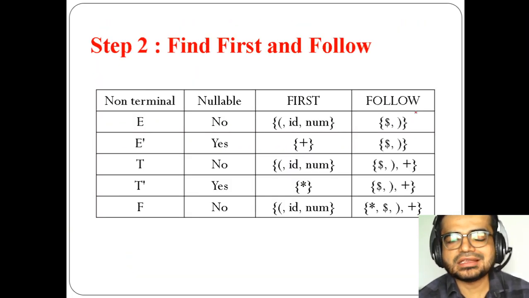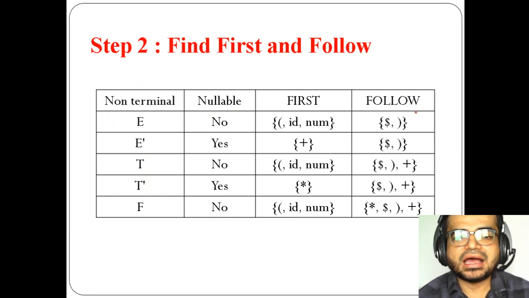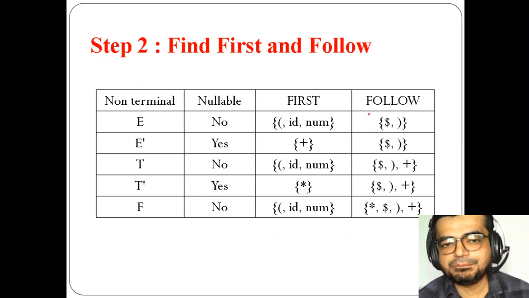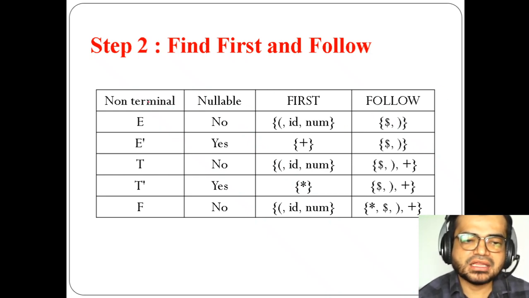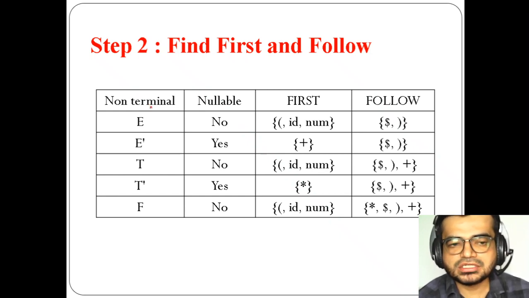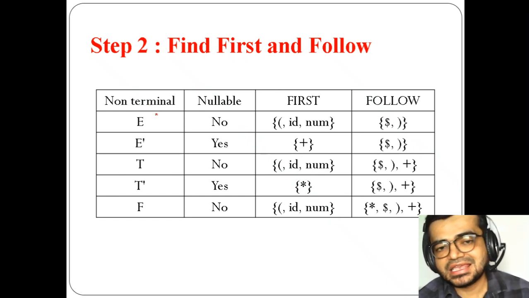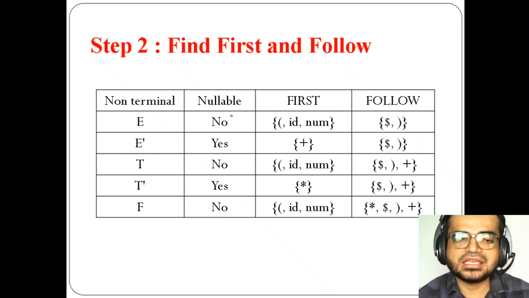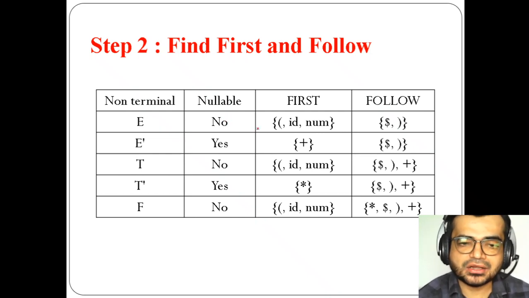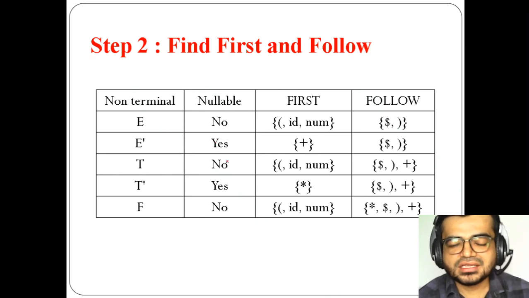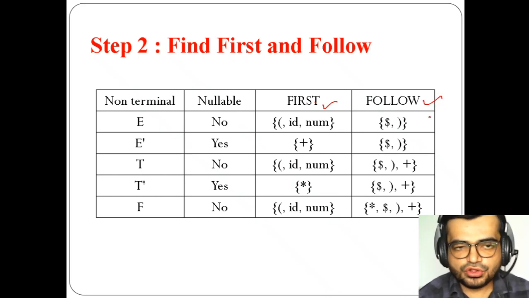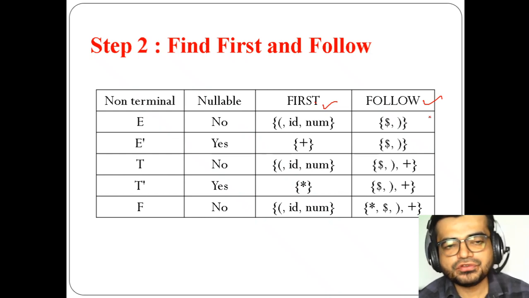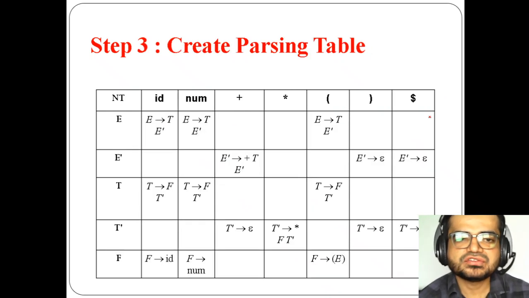So directly I'm going to step 2, and this is how I have derived this with the help of the previous example which I covered in the last session. Here I got the same thing. What I have taken here are the non-terminals. You have to take the set of non-terminals in the given grammar and check whether each is nullable or not nullable. You need to write it like this, and apart from that you need to write the first and the follow of the given non-terminal. So using this first and follow, we have to proceed to the next step, which is step 3.